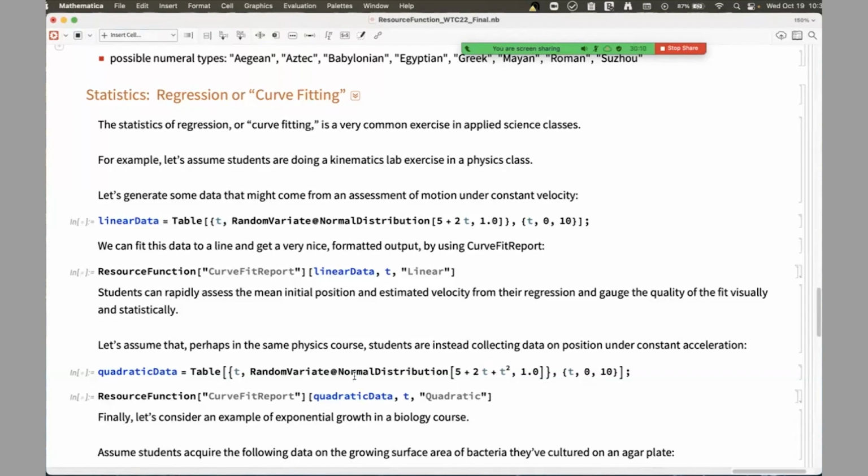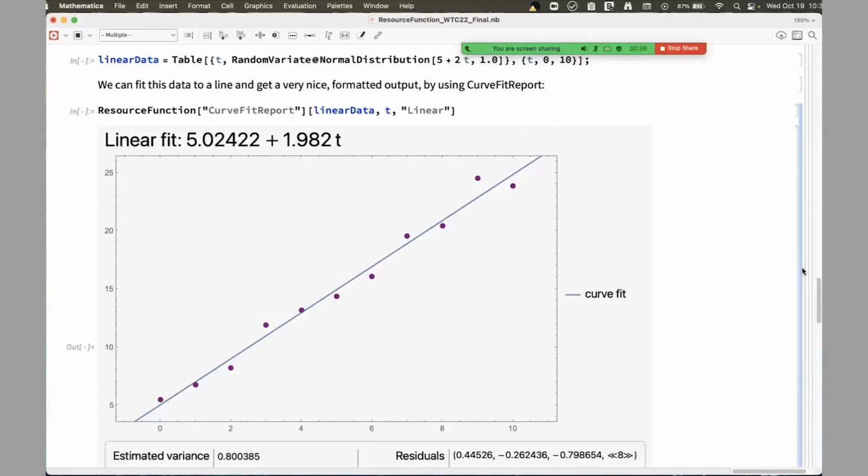We've made that incredibly simple in the Wolfram function repository, wherein, say, a high school or an advanced middle school student even could call this with essentially a couple lines of code here. I won't reevaluate these things, we haven't pre-evaluated, but you can generate some linear data that students might collect from a kinematics exercise with constant velocity. So you're aiming to fit a line, and you can do that in one line of code with pretty much just plain English. You say curve fit report of your linear data, you define your variable, and you tell it the functional form,